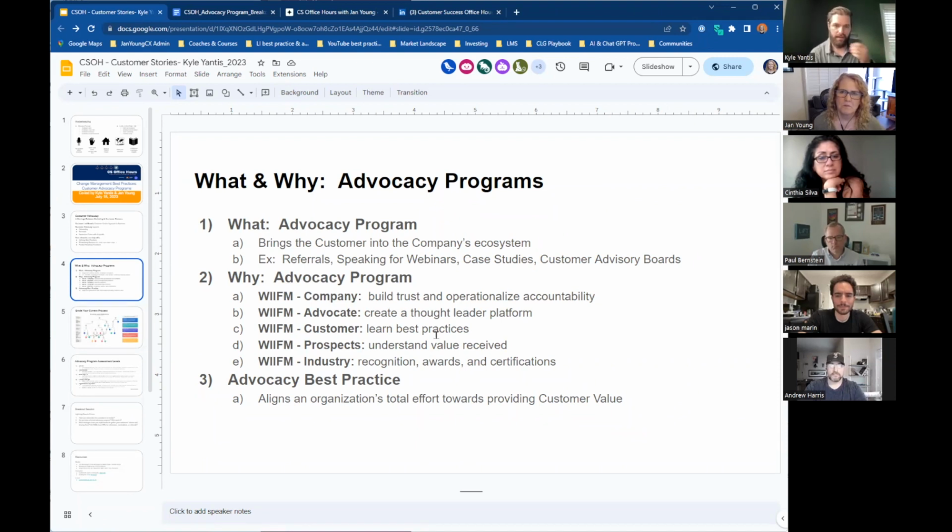And that's what we have highlighted in the middle of this slide here, right? Ultimately, like I mentioned before, a company is looking to build trust and operationalize accountability. Your customer, who you're trying to work with in the day-to-day business, is trying to learn best practices. Your advocate wants to be a thought leader.